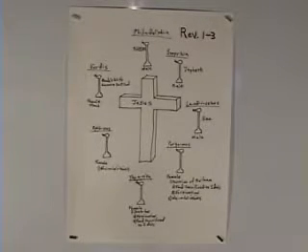Now we're looking at Revelations chapters 1, 2, and 3, and what we have is John up in heaven's throne room, from what I can tell, and we have Jesus. I put Jesus as a cross symbol. We have Jesus in the midst of 7 candlesticks. All right? Now, the similarities,